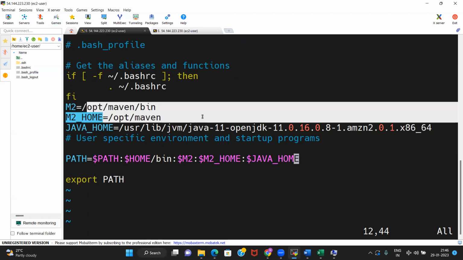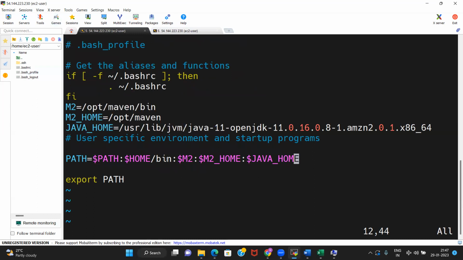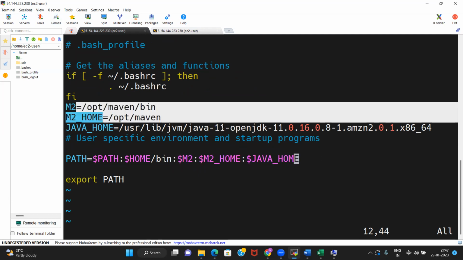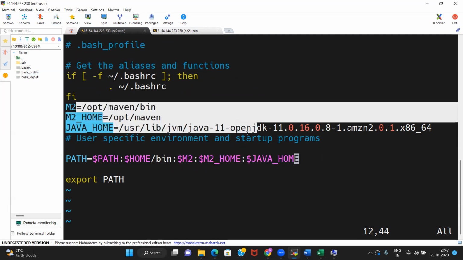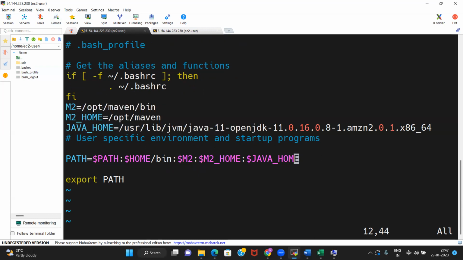So you defined three variables and provided the path. If you do not do that, it becomes more complex unnecessarily. You could directly put the path here, but defining variables is cleaner, and anyway it will pick up the variable. That's why we are using it.